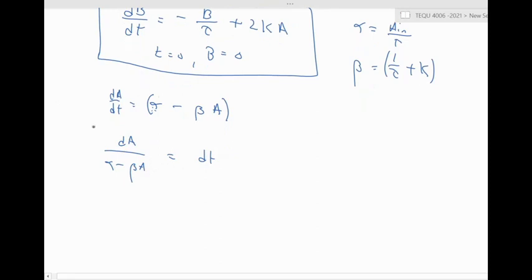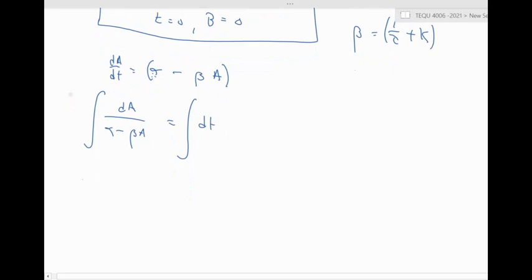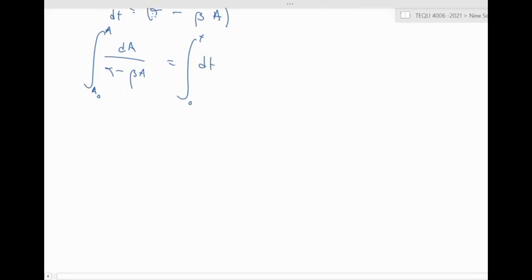So I can integrate both sides as part of my effort of variable separation. At time 0, let's say that I start with a concentration A0. And now at a given time, this will end up at a given concentration of A, which I would like to know. So to integrate this,